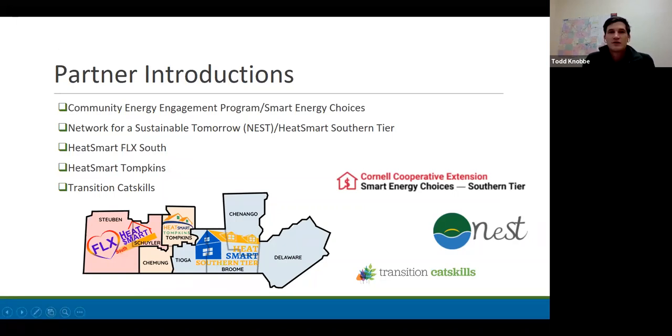But tonight we are joined by the Community Energy Engagement Program, or CEEP, C-E-E-P, and Smart Energy Choices, the Network for Sustainable Tomorrow, also commonly known as NEST, and their Heat Smart Southern Tier program, the campaign directors for Heat Smart FLX South and Heat Smart Tompkins, and members from Transition Catskills.